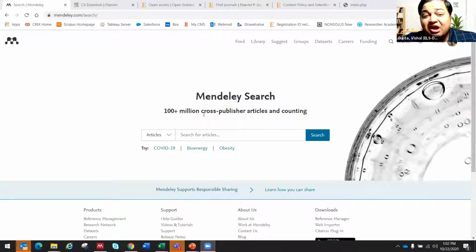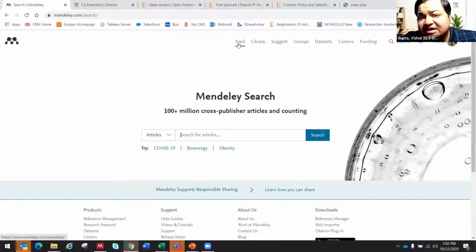So there are more than 100 million cross-publisher articles available on Mendeley for you to directly save to your Mendeley account, to download, to read. All of them have DOIs, so they can be cited in your research articles as well. All you need to do is type a few keywords here and then search from articles, people, or group, and you can easily search all the articles here, right?